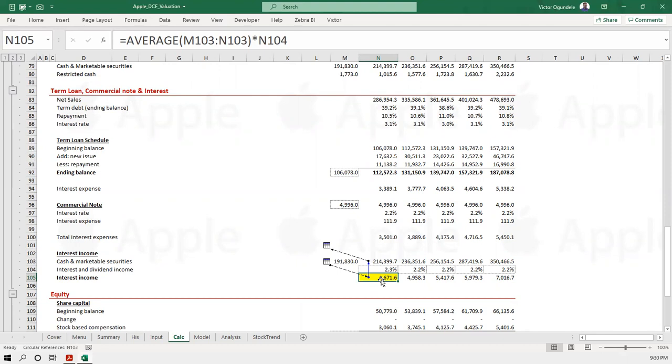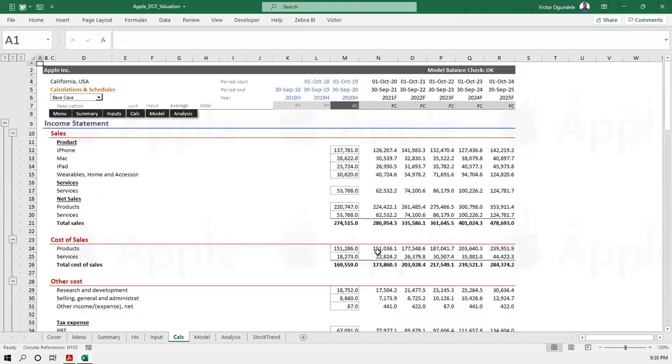Okay. So we usually use the average of last year's closing cash and this year's closing cash. That one is just to adjust for timing. We are not sure, maybe some of this cash was deposited at the beginning of the period, some at the end of the period, some during the period. So just to adjust for that timing difference, we usually use the average of last year's ending balance and this year's ending balance multiplied by the rate. So that's the whole thing that usually gives rise to that circularity.